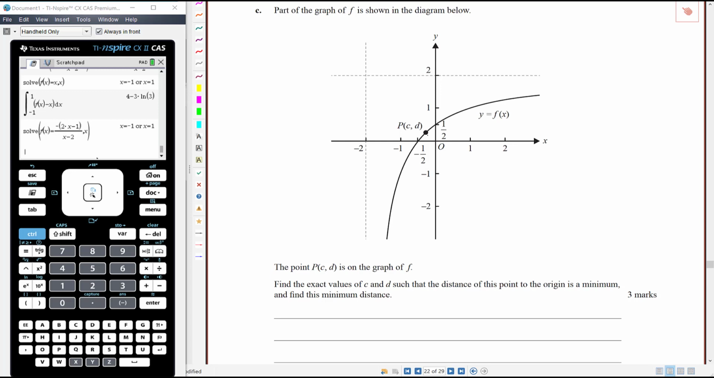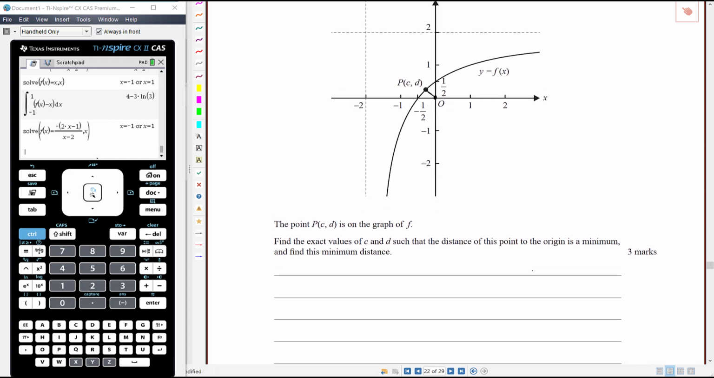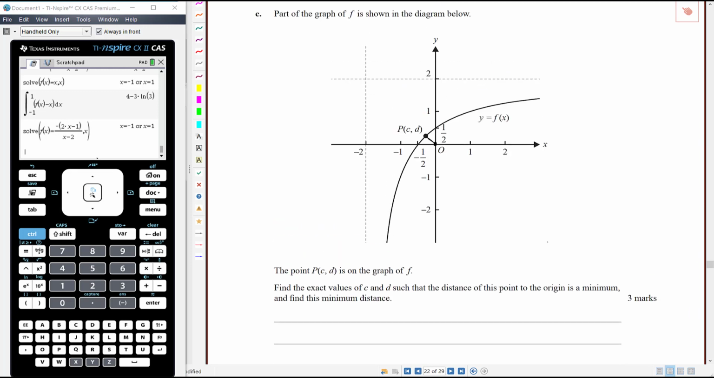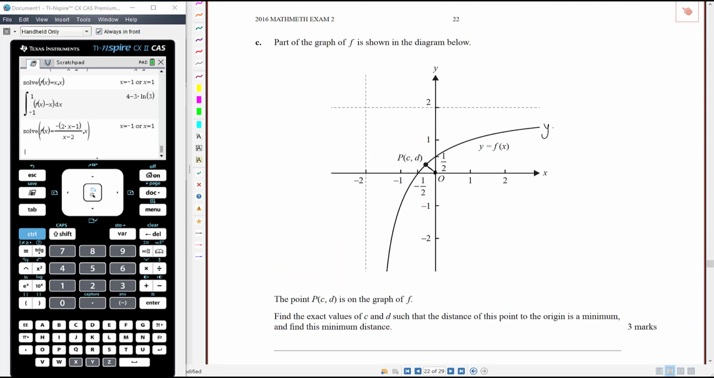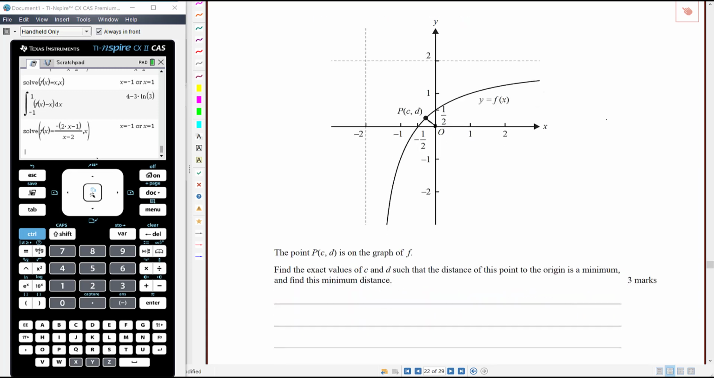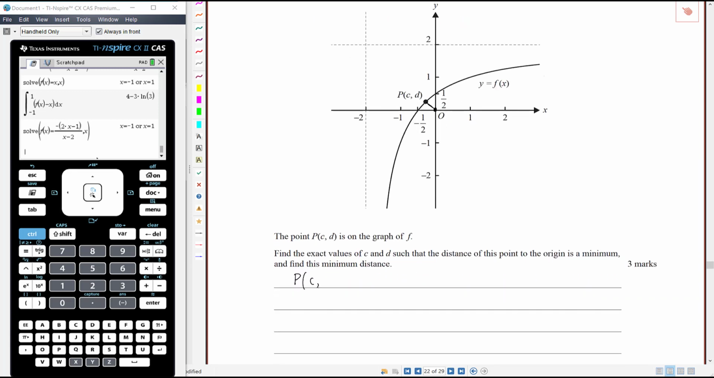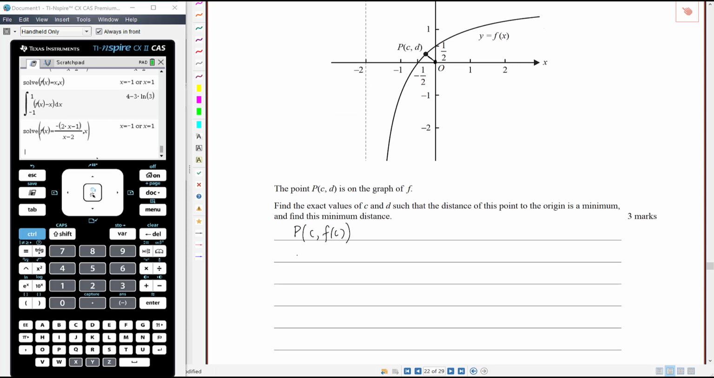Okay, so we want to minimise the distance from P to O. So we need to come up with an expression for the distance from P to O, which means we need to think about the coordinates of point P. Given that we know the equation, we know what y equals f of x is, that means the y coordinate is actually just f of c. Okay, so the point P has coordinates of c, f of c. That's not going to be a very nice expression, so I'm just going to refer to it as f of c. And so that means that the distance